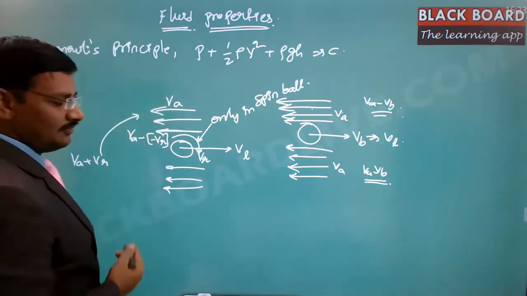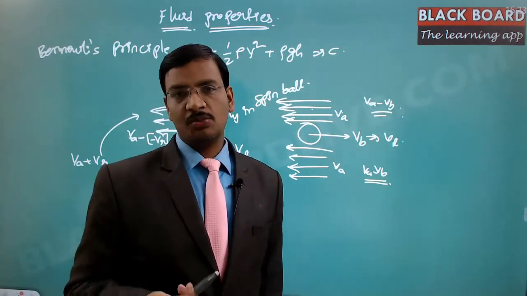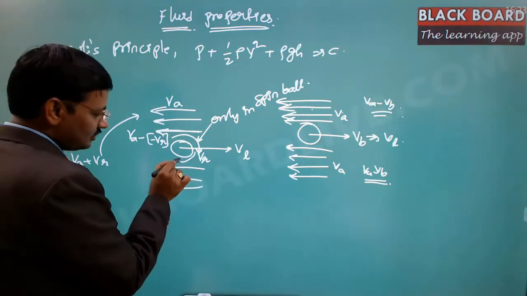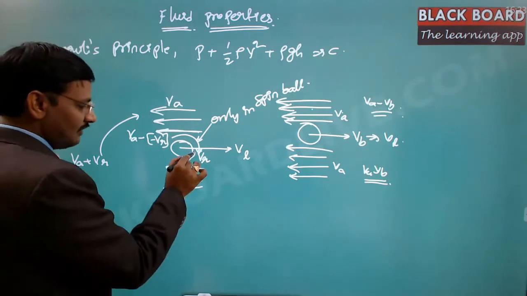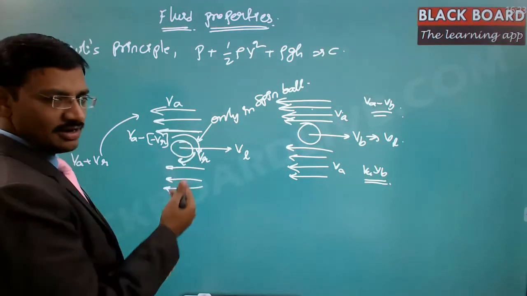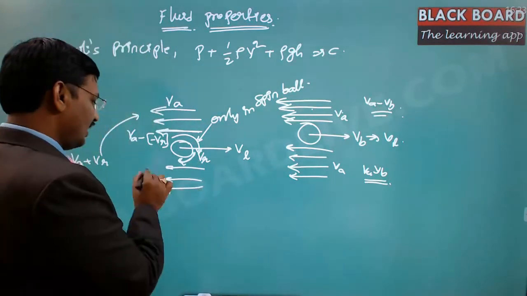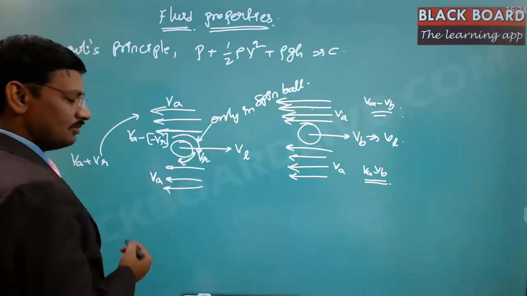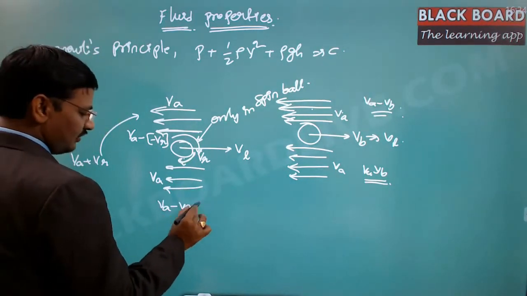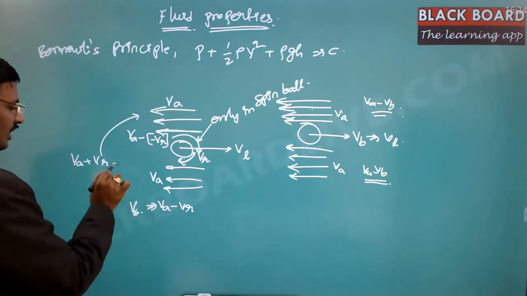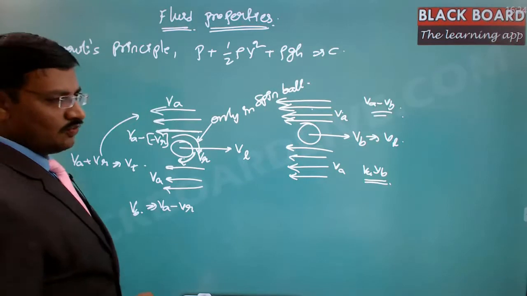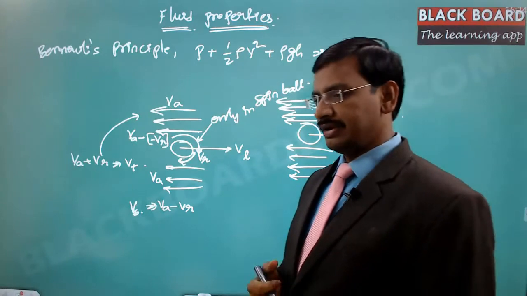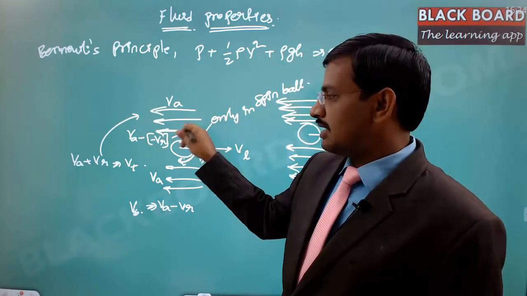So at the top level, the relative velocity with respect to the ball surface is VA plus VR. And at the bottom, if you notice, the ball is spinning in this direction. Hence, the velocity of the spin is VR, that is, the peripheral velocity of the ball is VR and the velocity of the air is VA. The relative velocity being in the same direction at the bottom, the relative velocity is VA minus VR. So this is the bottom velocity and this is the top velocity of the air. VT is the top velocity and VB is the bottom velocity. If you notice in this particular case, the top velocity is VA plus VR.